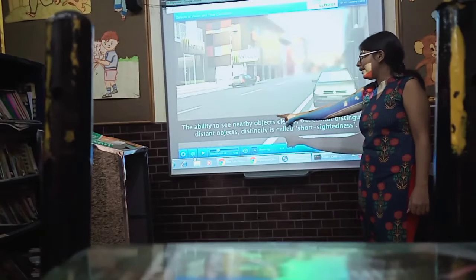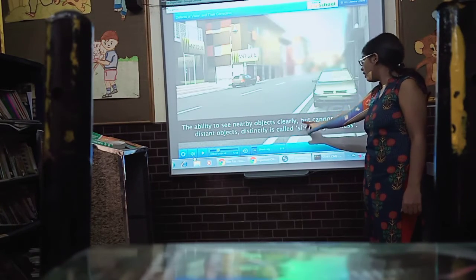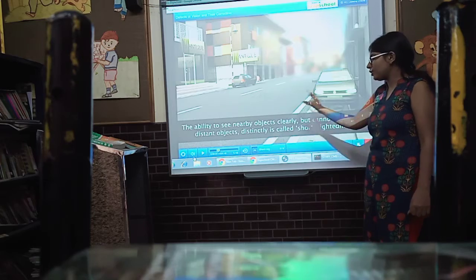Short-sightedness: the ability to see nearby objects clearly but cannot distinguish distant objects